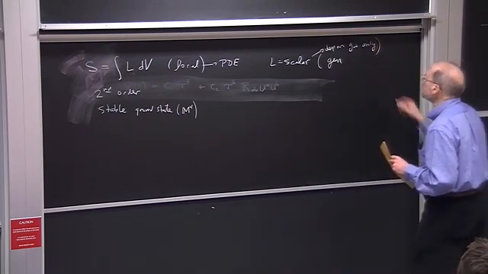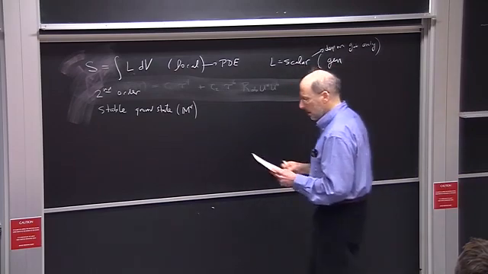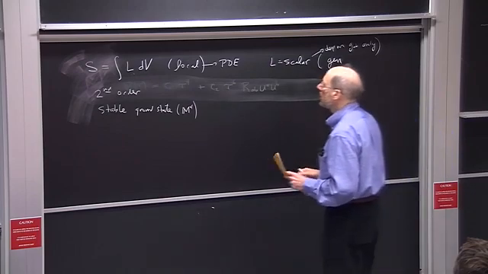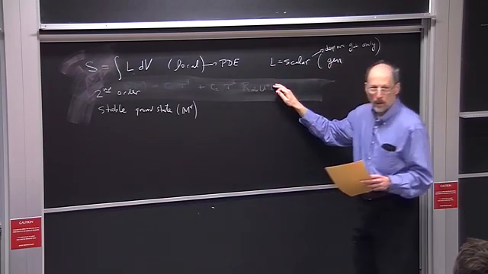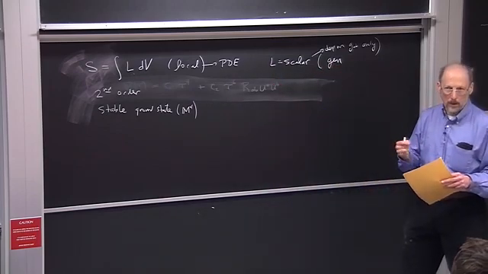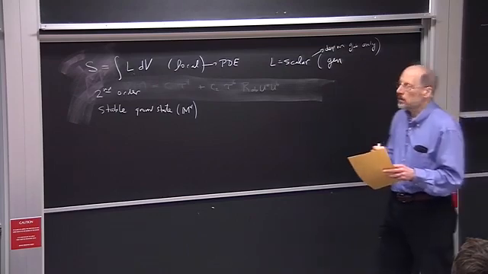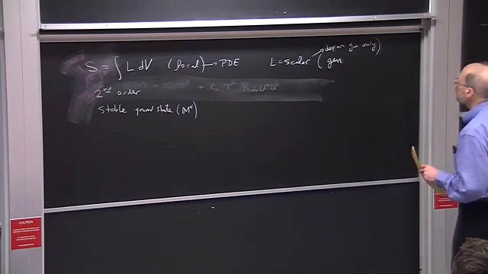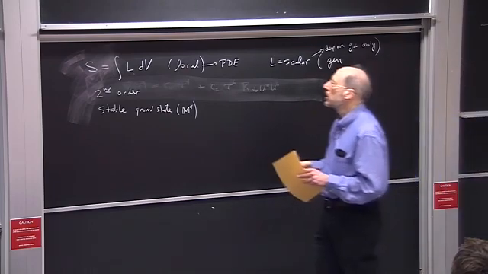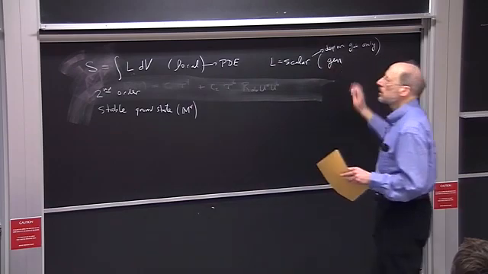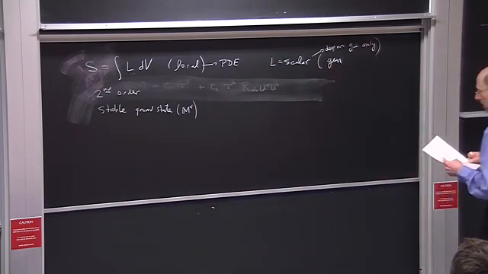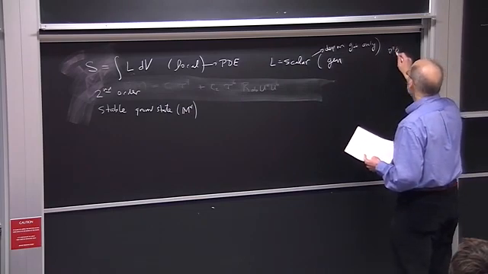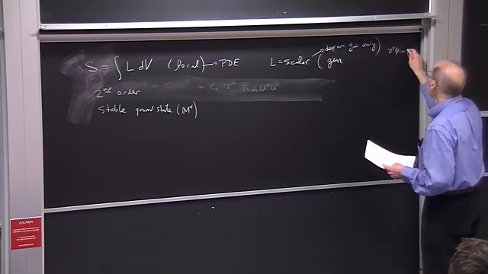Again, you might ask, why is that supposed to be? But it all comes from natural, plausible generalizations of what you knew. So Maxwell's equations have that character, that the action is just a term depending purely on the electromagnetic potential, plus terms that couple it to the charged matter. So you might expect gravity to be a term depending just on the metric plus a term coupling the metric to matter. You might also remember that in the Newtonian, the sort of baby field theory for Newtonian gravity, where